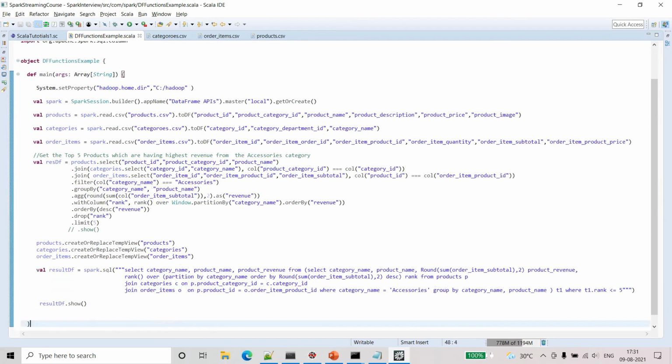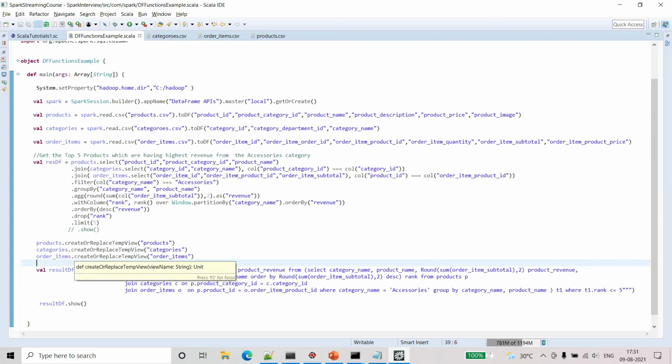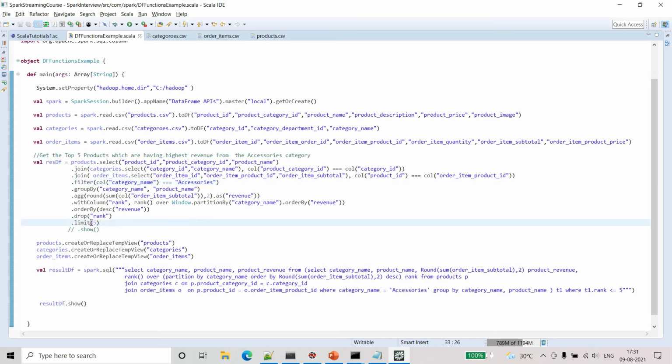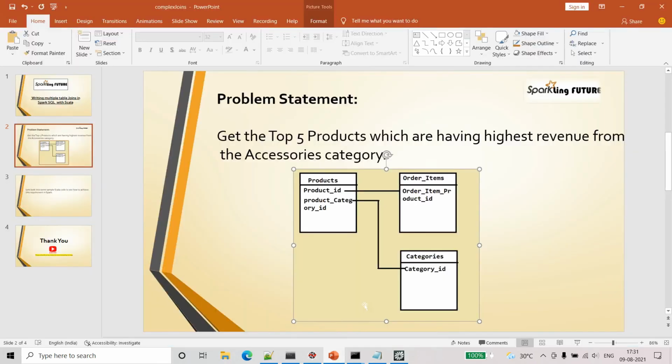Okay, you can add more tables, like 4 more tables, and try to join so many, and you can try adding more filter conditions. Okay, and you can try it out and let me know if you are facing any issues.